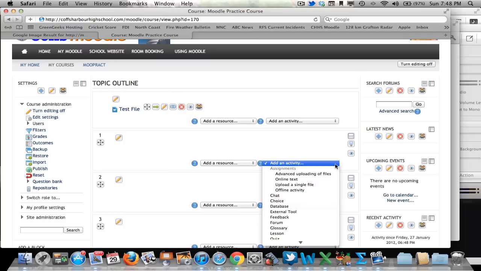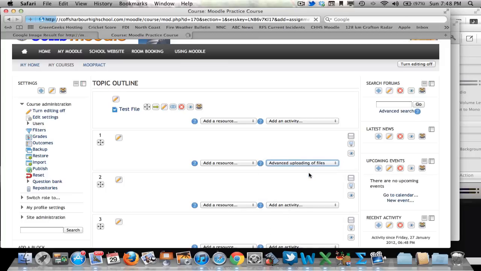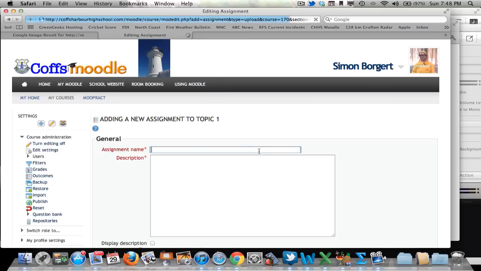Now there are 4 different options there: advanced uploading of files, online text, upload a single file, or offline activity. I tend to always use the advanced uploading of files. Click on that and it opens up the standard Moodle fill in the boxes type thing. So this is a test assignment